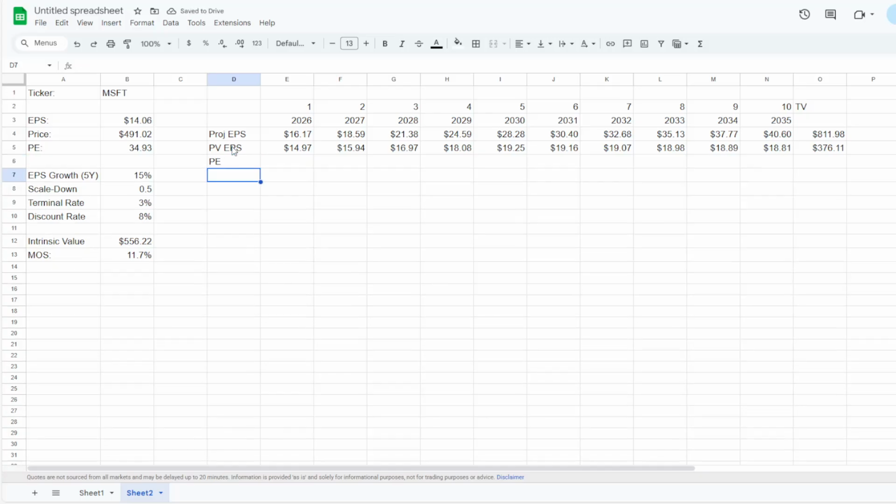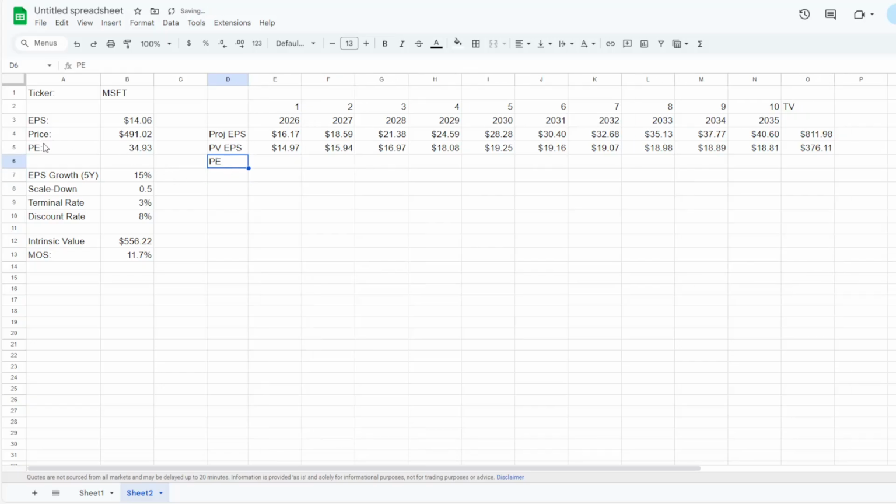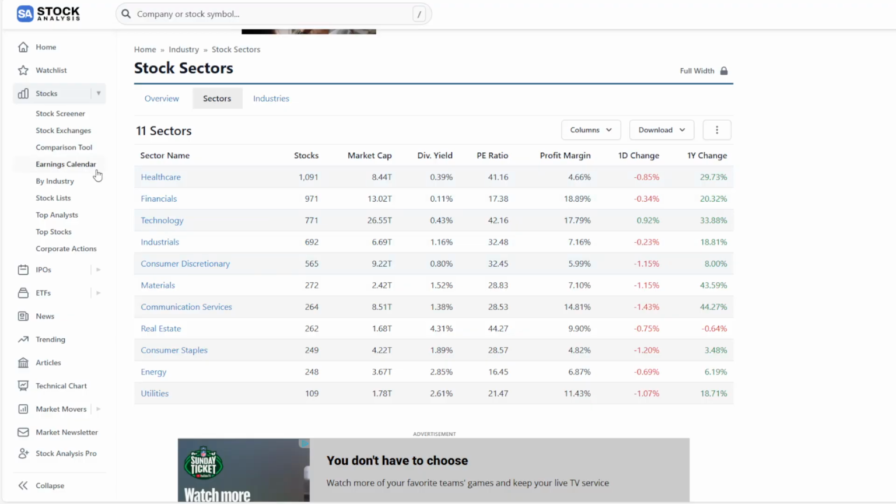Okay, so not earnings per share, I'm sorry, the PE ratio over time. Currently, Microsoft is trading at a PE ratio of 34.93. Okay, now is that good or bad? Well, what I've done here is I've gone to stockanalysis.com and I pulled up all the sectors and all their